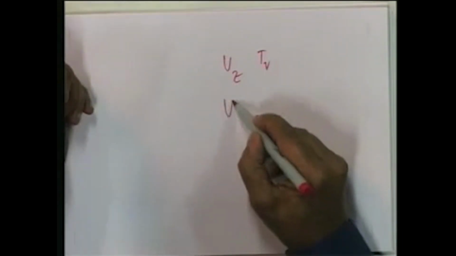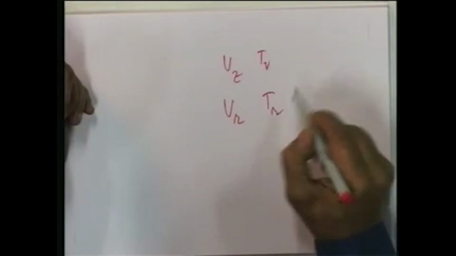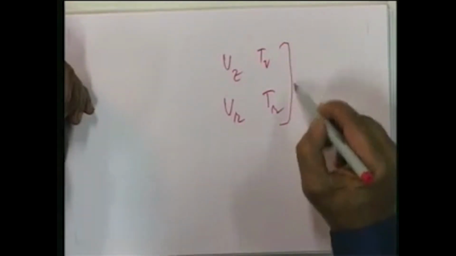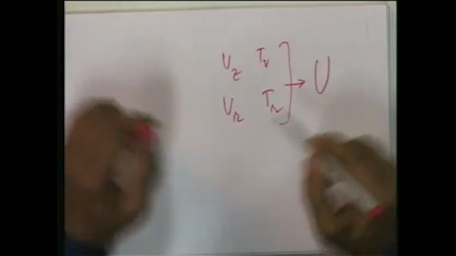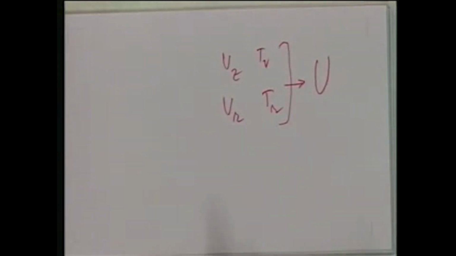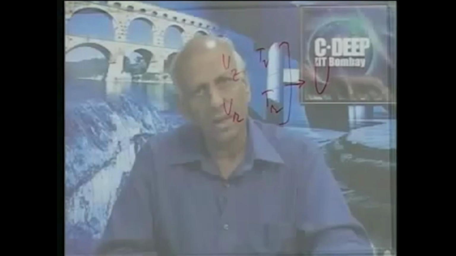I will not go into the details of the derivation of the relationships between u, uz, ur. Suffice it to say that if I have a relationship between uz and Tz or Tv, and if I have a relationship between ur and Tr, I should be in a position to get the average degree of consolidation for this total phenomenon of 3-dimensional compression, both vertical and radial. This has been done